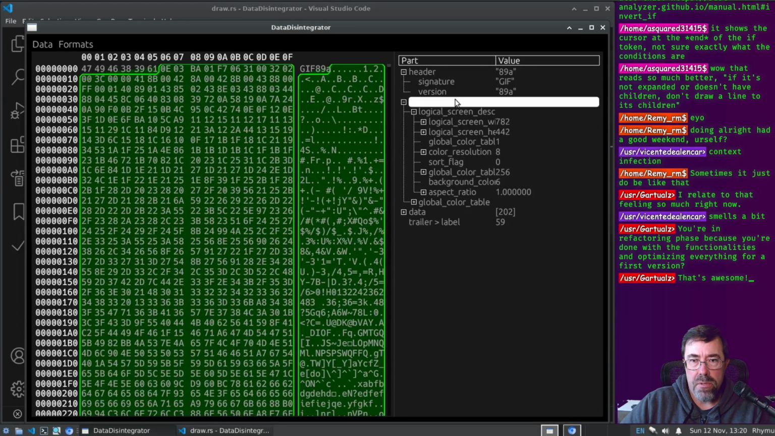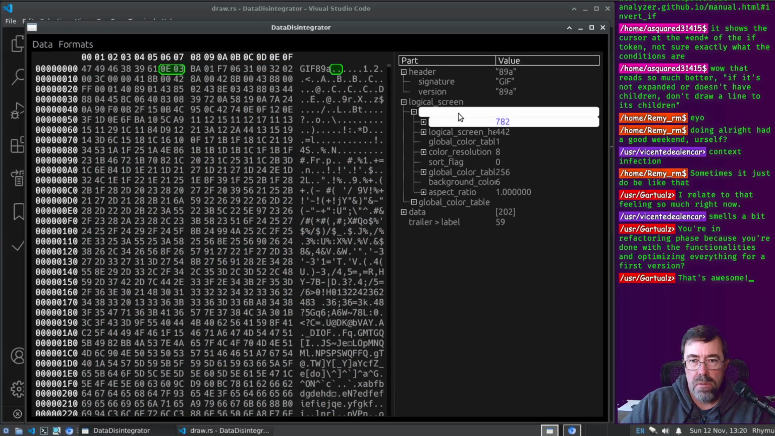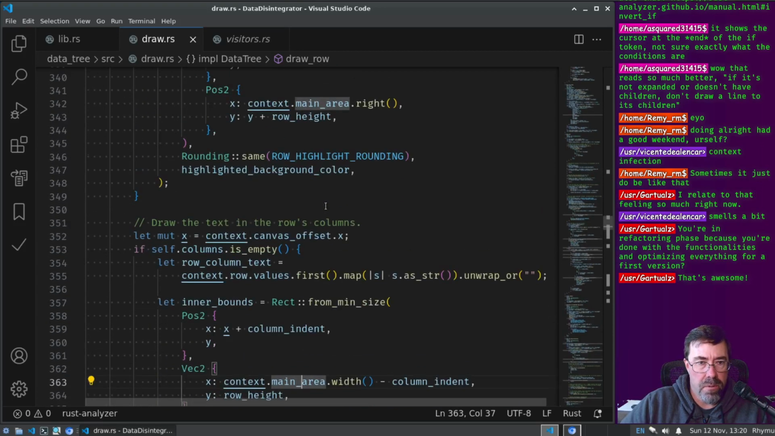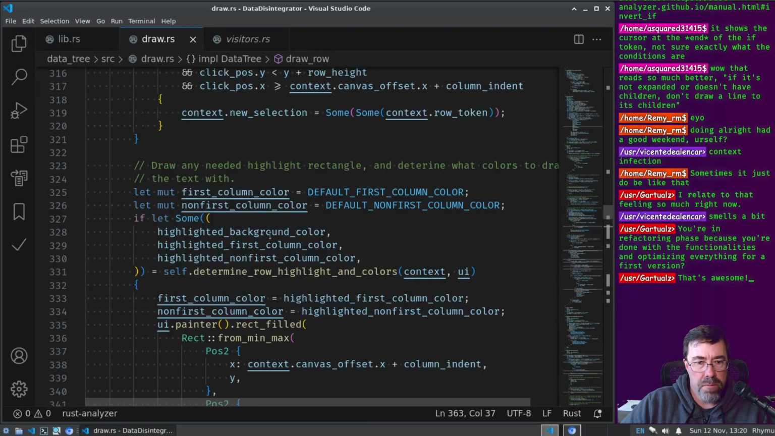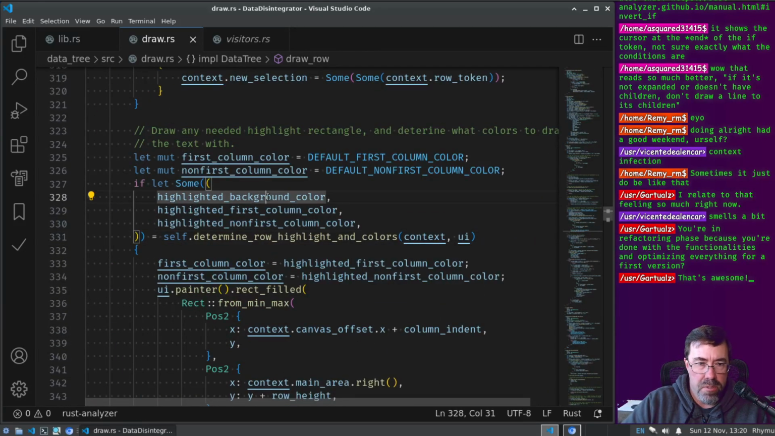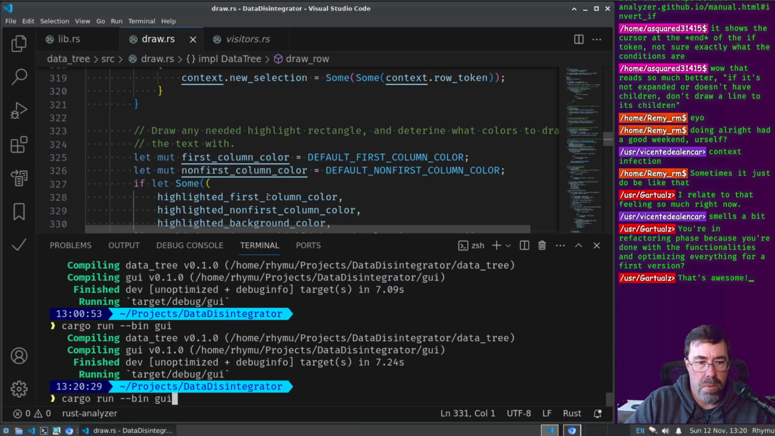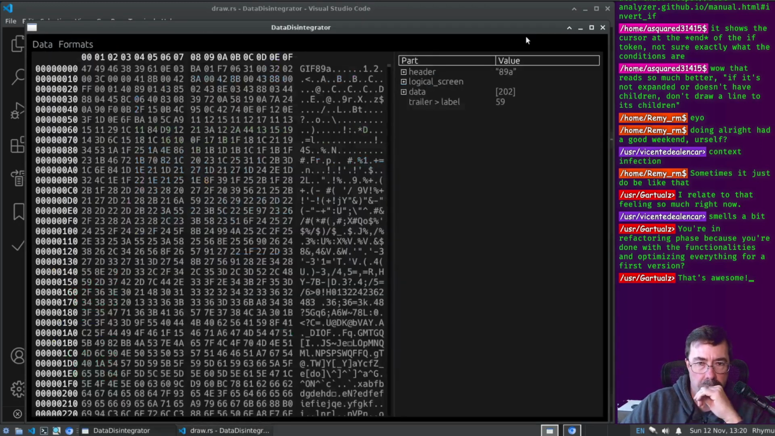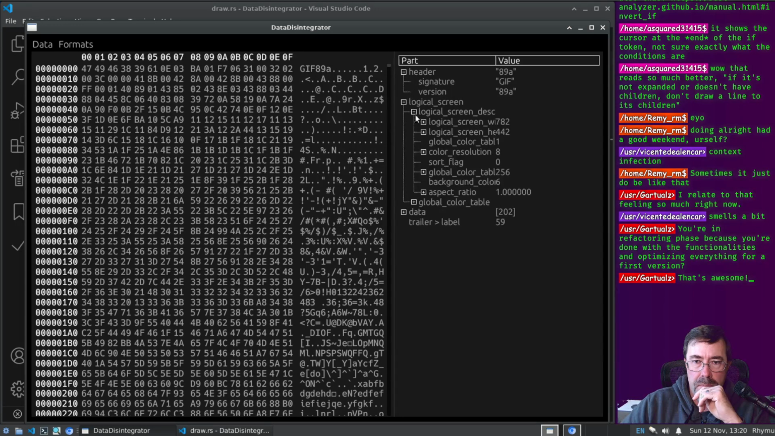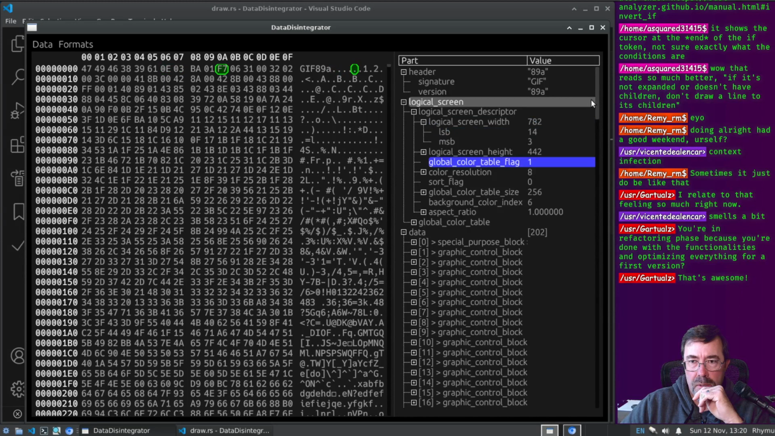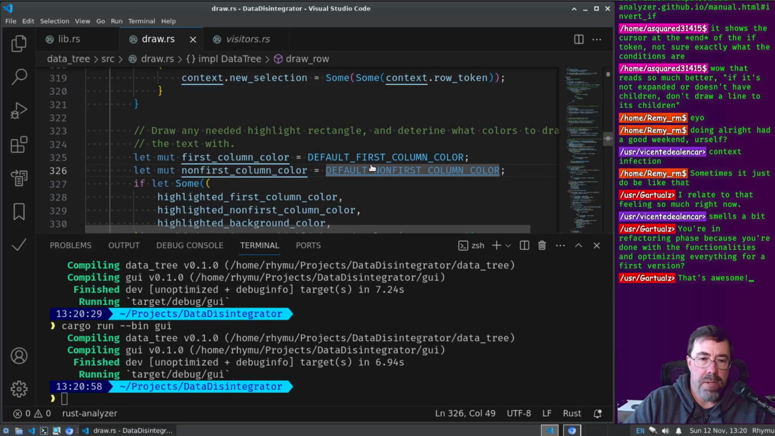Okay, my colors are all wrong too. I guess I got them scrambled. Okay, let's fix the color order. Background first. Nope, I got it wrong. It's first, non-first background. That's the danger with tuples. Okay, it's not broken, right? Now what happens if I